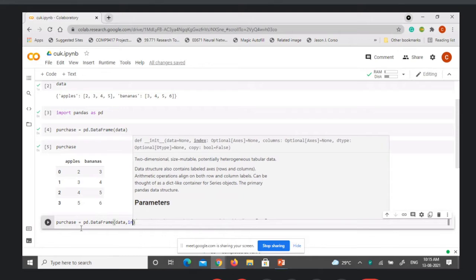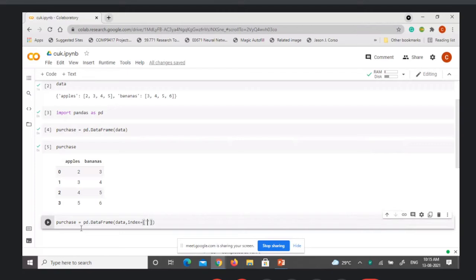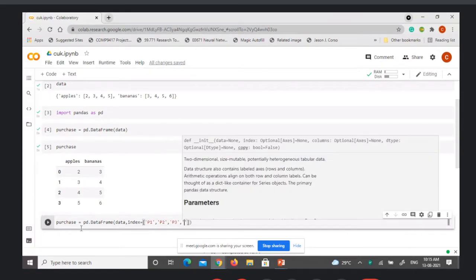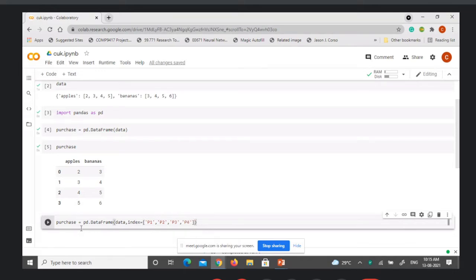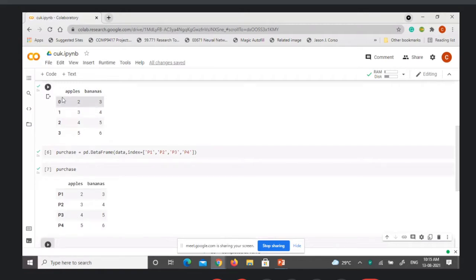So index we create, and here we specify P1, P2, P3, P4, and we'll execute this. Now you can say purchase. You can see that this 0, 1, 2, 3 are replaced with P1, P2, P3, and P4.